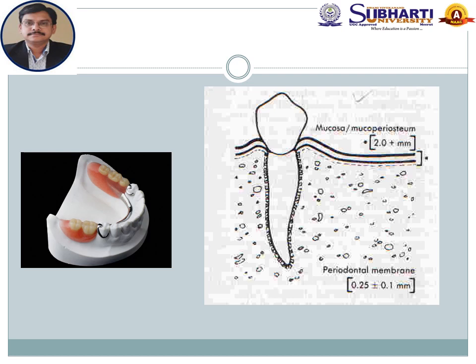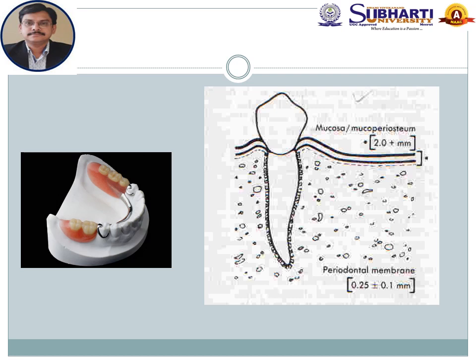towards your right side. So here the mucosa is there as well as the adjacent natural teeth. The mucosa's compressibility is, normally we consider, if it is a healthy mucosa, 1 to 2 millimeter of compression, whereas in the periodontium we do not see much compression. The periodontal membrane can get compressed only up to 0.25 mm, plus or minus 0.1 mm. So that means there is a difference in compressibility.